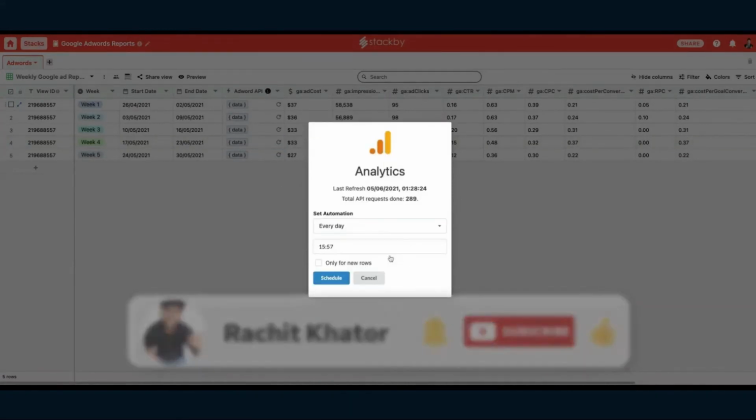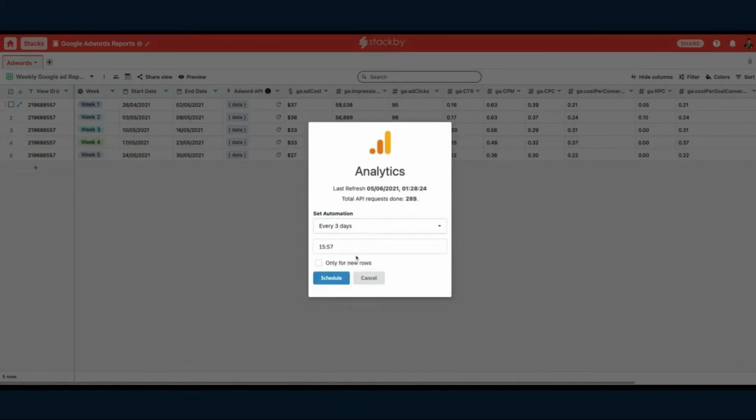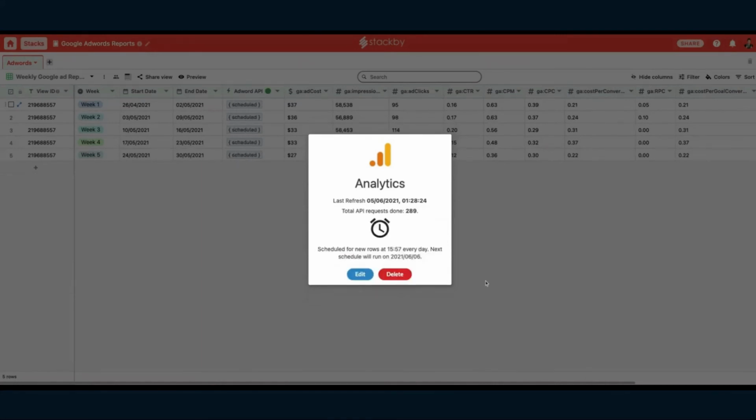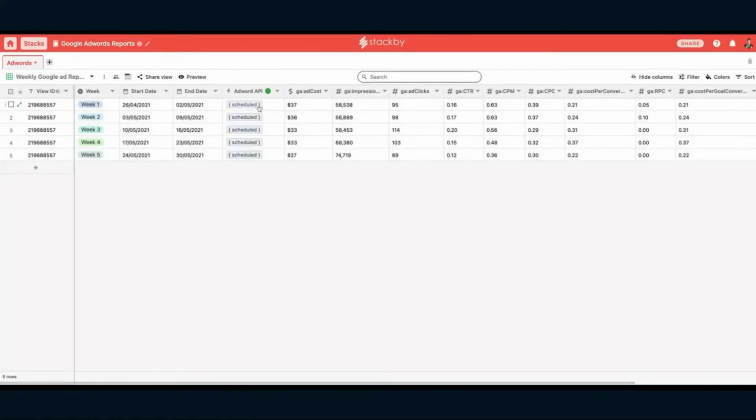So you can create an automation, for example, every 3 days or every 1 week, only for the new rows, and you just schedule this. So you click on schedule. So basically all the records are scheduled. So any new row that you create for another week, it automatically pulls in information at a desired date of your choice. So this is how you can automatically create your custom Google AdWords tracker, whether you're running your agency